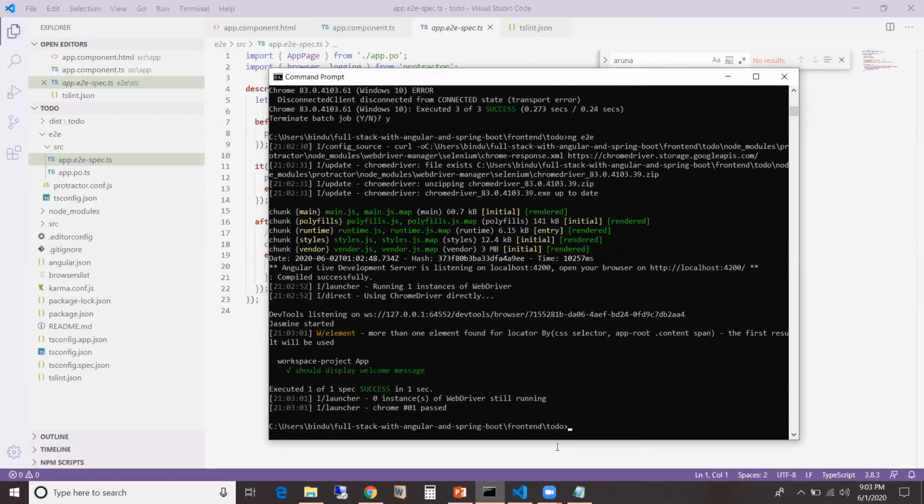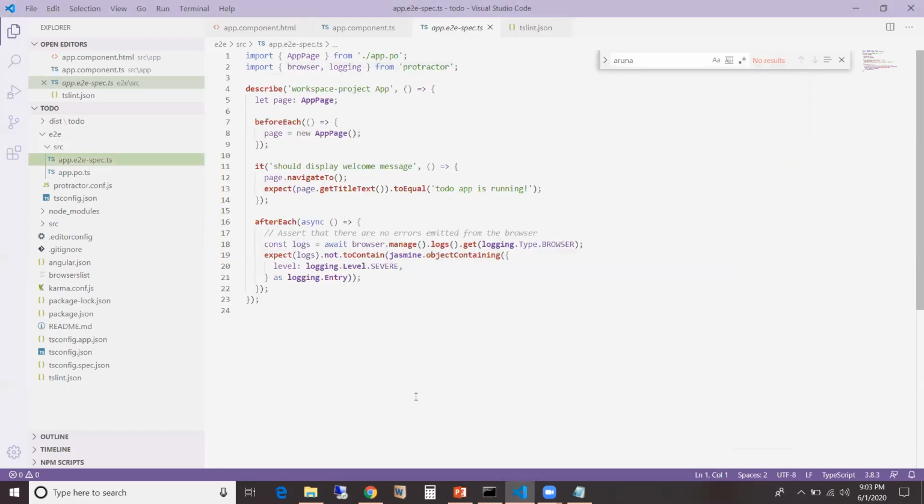And that's it. Running of end-to-end tests is complete. So executed 1 of 1 spec successfully. So we are done running the end-to-end tests.